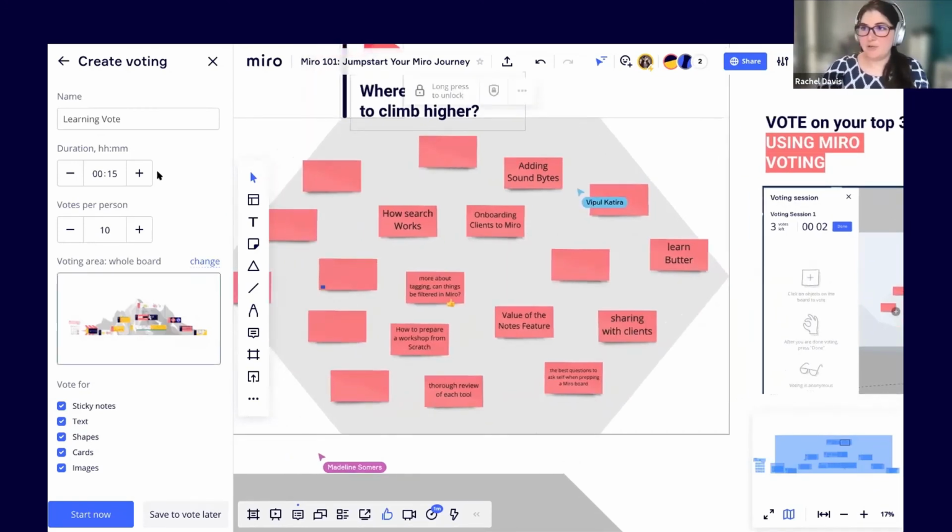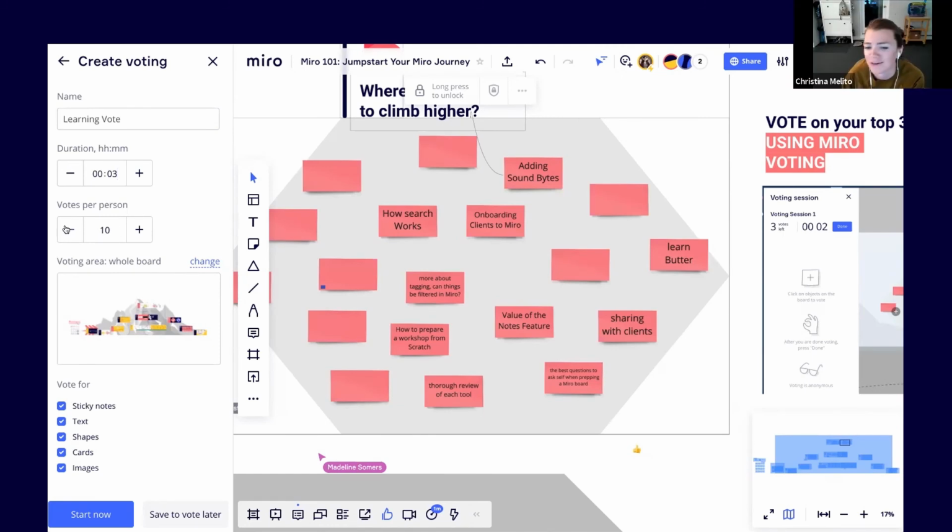All right, so what we'll do here when we're setting up the vote, one thing to remember, because I've made this mistake a couple times, this is not minutes and seconds, it's hours and minutes. So if you want a 3-minute vote, you have to do 0-3. Because if you put 3 at the front here, you're going to have a 3-hour vote. And that is not what you want. So what's the use case for doing anything longer than 59 minutes? I have no idea. I wonder if that's a feature request we should give them.